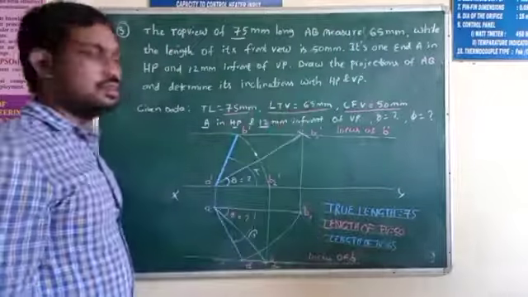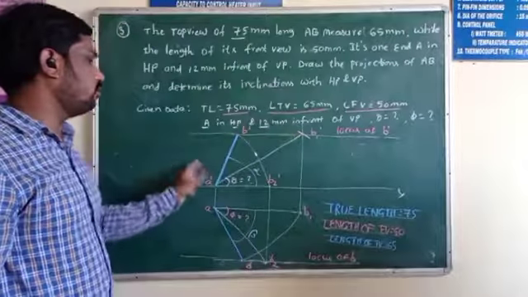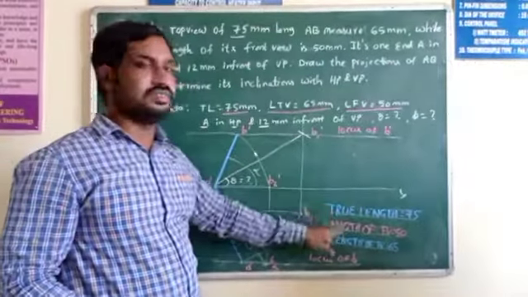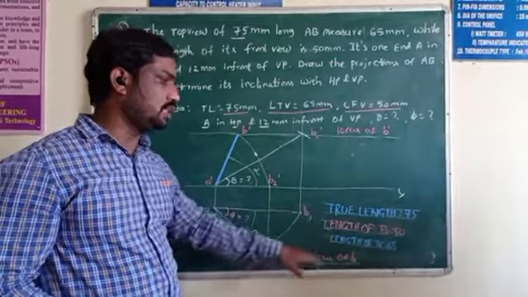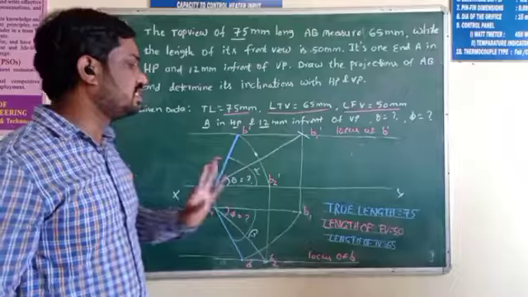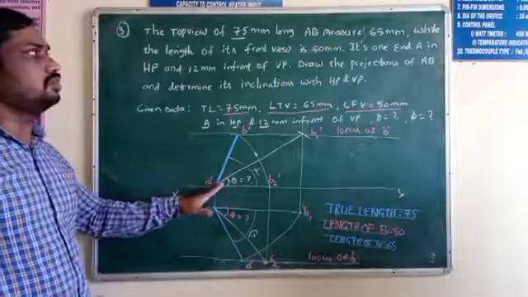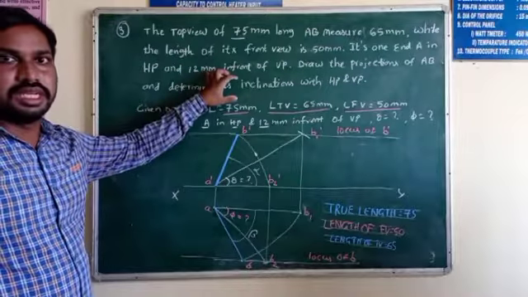That is okay. You can show the dimensions here also, or otherwise you can show it like this. Okay. True length equal to 75 mm. Length of the front view equal to 50 mm. And length of the top view equal to 65 mm. So this is the entire diagram for this problem. Okay. Thank you.